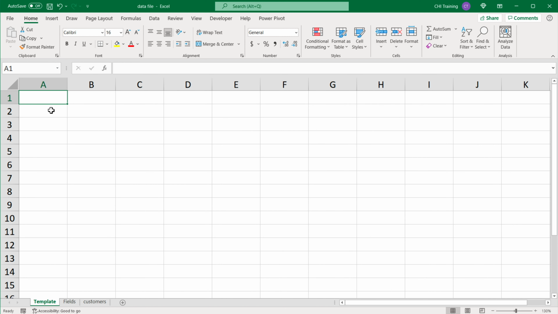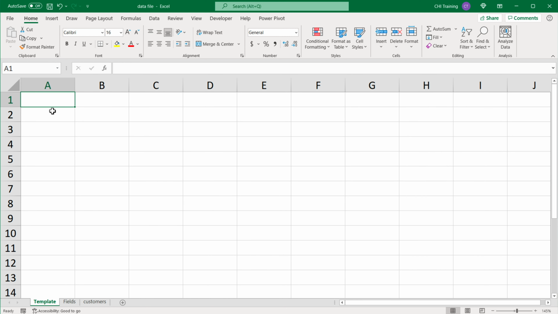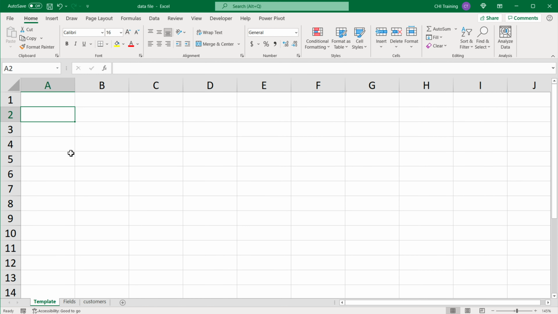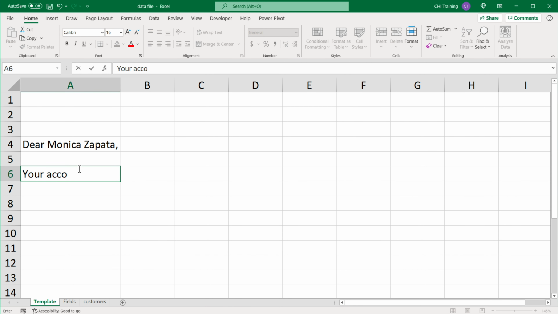Here, I'm not going to spend too much time making it pretty or anything. I'm going to keep it very simple. If you want me to do a tutorial on making things look pretty, we can do a separate tutorial on that. But this one, I'm going to keep very simple. So I want something that will basically show me what the final result should be like. For example, if I had this data and I had Monica there, then I would want the final thing to say, let's say, dear Monica, and maybe we'll put her last name here too. Your account balance is